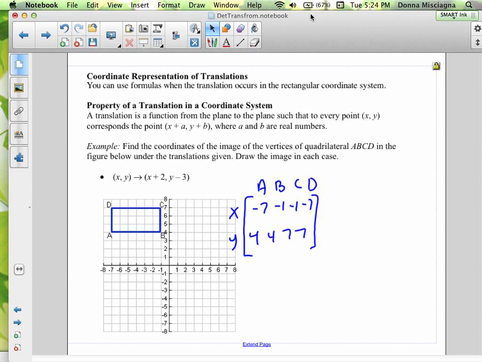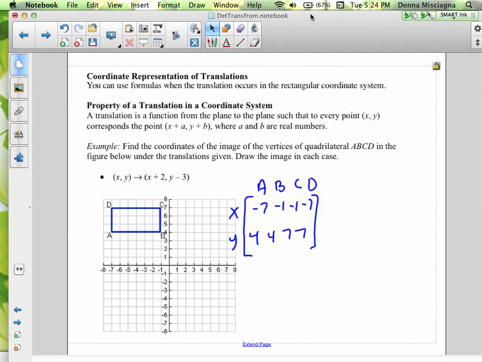Right, so we want to find the coordinates of the image of the vertices of quadrilateral ABCD in the figure below under the translation given, and we're going to draw the image. Right, so here we have it in coordinate notation. x, y goes to x plus 2, y minus 3. I could also write that